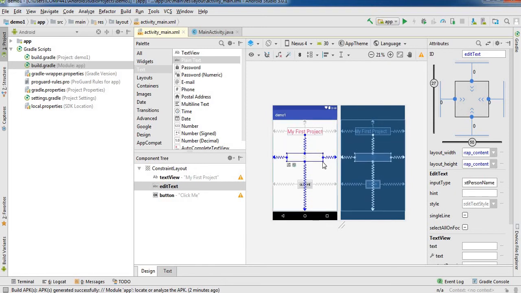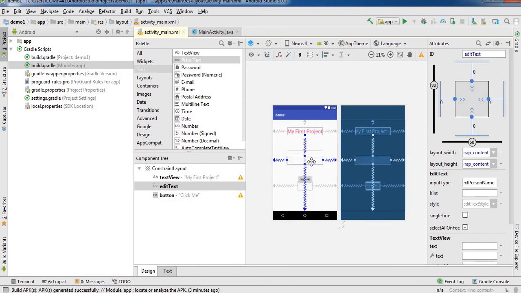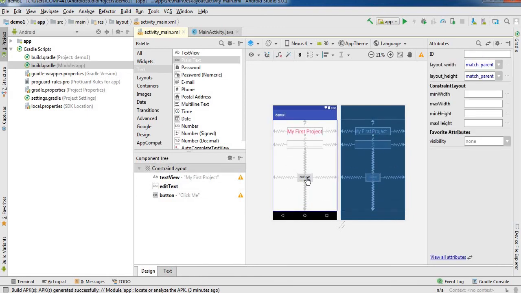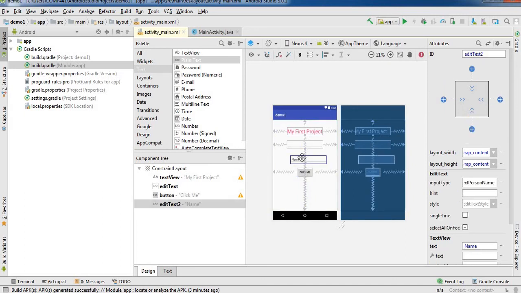Drag and drop one plain text, two plain text, because we are accessing two values. That's why we need two EditText boxes.